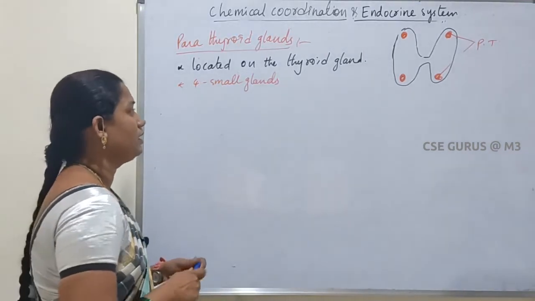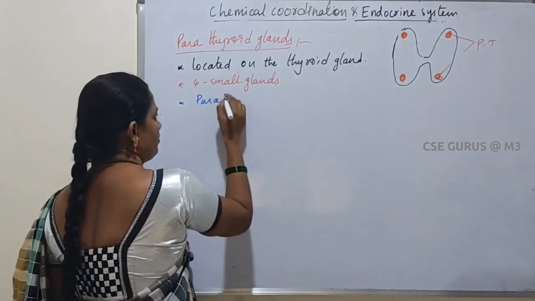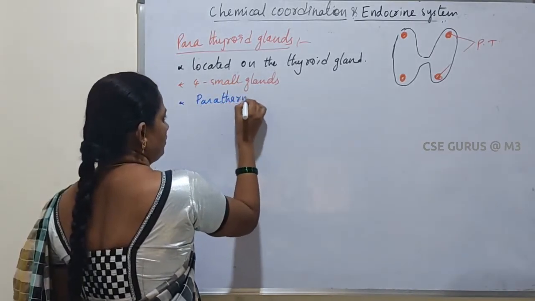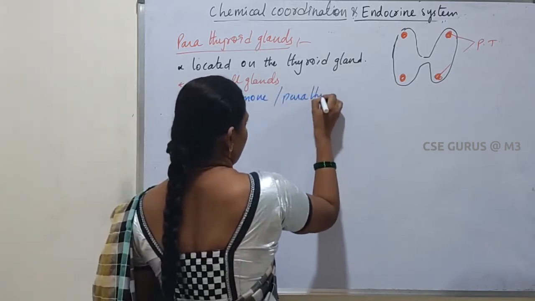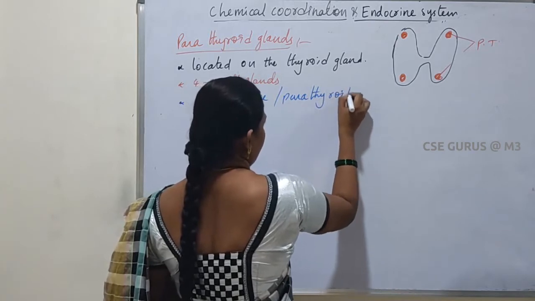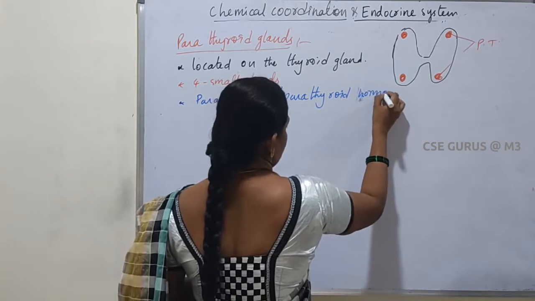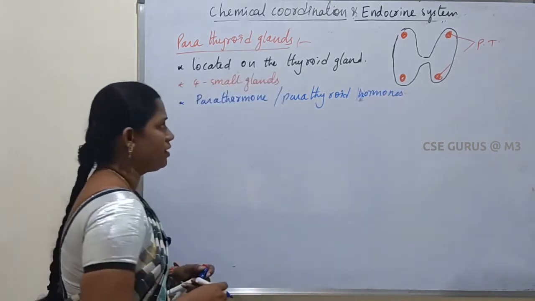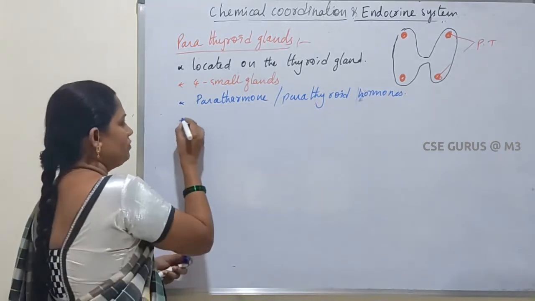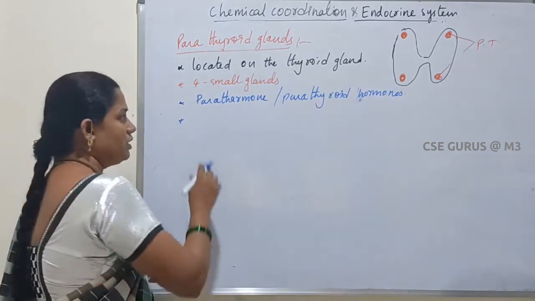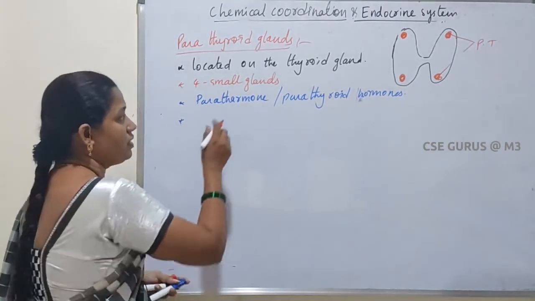Next, parathyroid gland secretes the parathormone, or parathyroid hormone. So parathyroid gland secretes the parathormone or parathyroid hormone. Next we will discuss the function. Coming to the function of parathyroid hormone,